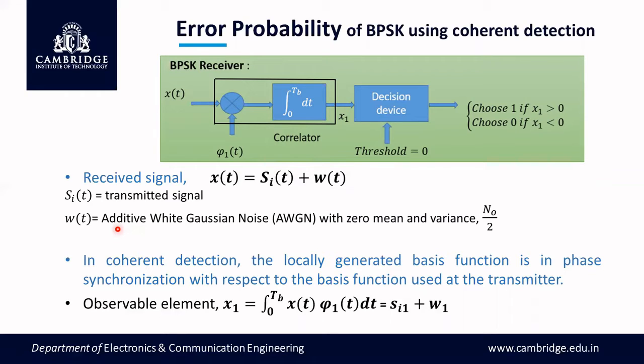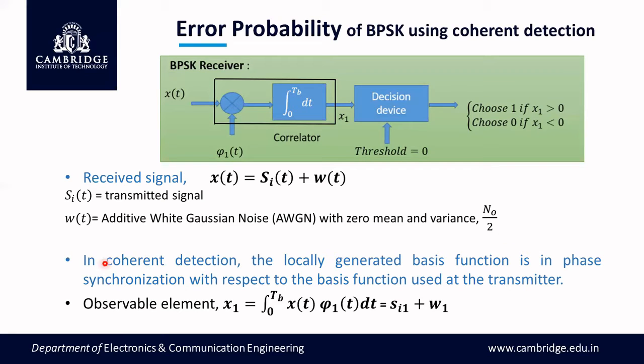This noise is called additive white Gaussian noise. That's why it is added, right? And the white noise. It's called white noise because it occupies the complete spectrum of the channel. Okay, so whatever the frequencies used for transmission through the channel, the white noise is present at all the frequencies. Okay, so it is Gaussian noise with zero mean. Mean means expectation. This noise is not at all expected at the receiver. That's why the expectation is taken as 0. Mean is 0. Variance is N0 by 2.